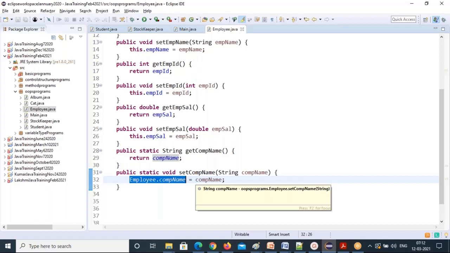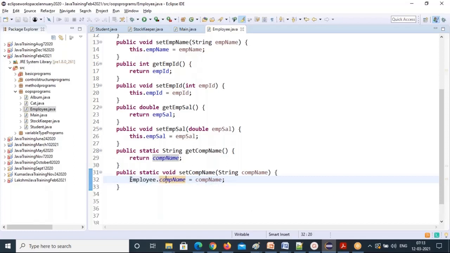Static belongs to class, non-static belongs to object. Keep that point in mind or note it down somewhere, and this is very, very important in the coming classes also. That's why I always refer to static with the class name, and non-static I always refer with the object. Okay, so these are the things.